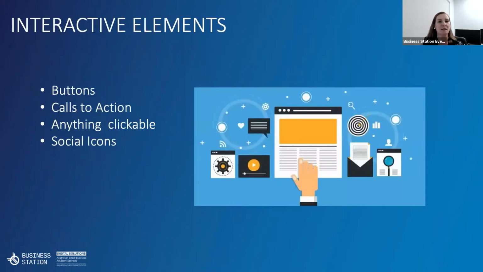All right, so there should be some interactive elements on your website as well. So buttons, first of all, do you utilize buttons to help guide users throughout your site? Because a button sends a really clear message, and it really is a call to action, which directs the user to take action that you want them to. Now, anything clickable, including images, links, or buttons, should be made obvious to the user that they can click them.